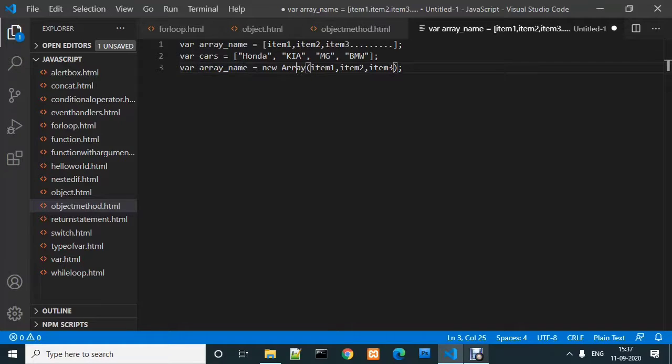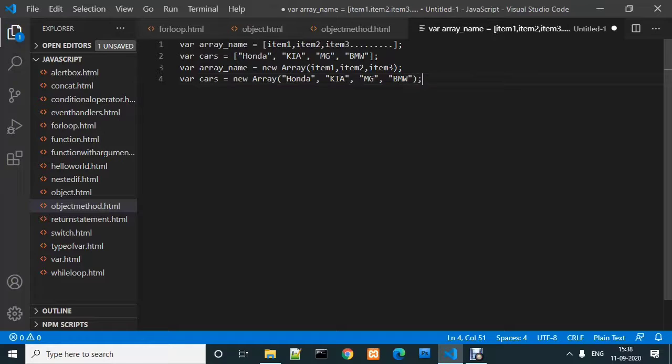This is the second way by which you can create an array. We will also give this example: cars equals new Array, and in this we provide all the values that we provided here. Just copy and paste that and save this. So by using the Array function we can create an array named cars.